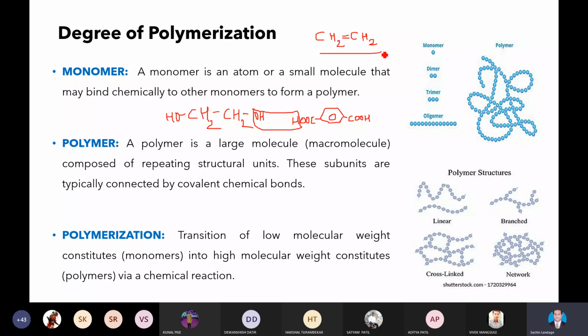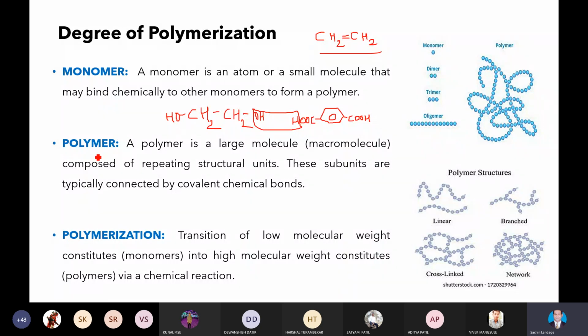But in case of condensation polymerization, you will get a byproduct, just like water or any other, we will get methanol also. Just like that, a small byproduct we are going to get. And they are following the polymerization reaction. So after the polymerization reaction is over, whatever you are going to get